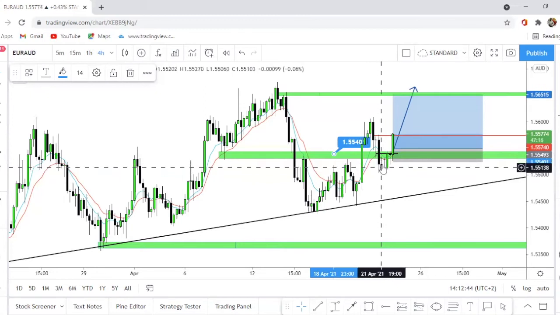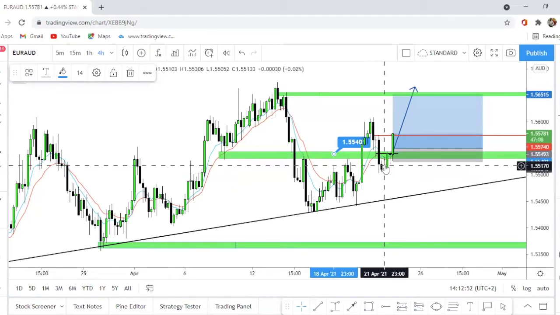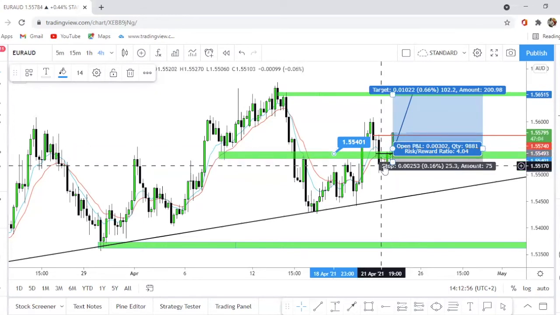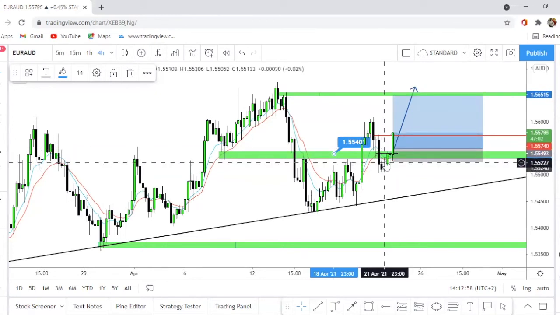over here. But just to be sure, I went to my lower time frames, waited for lower time frame structures to give me higher highs and higher lows. When I received that, I went in on this trade, and price is, as you can see, going in my direction. I've just hit 1-to-1. I'm actually very happy. I didn't know this was happening already. But yeah,